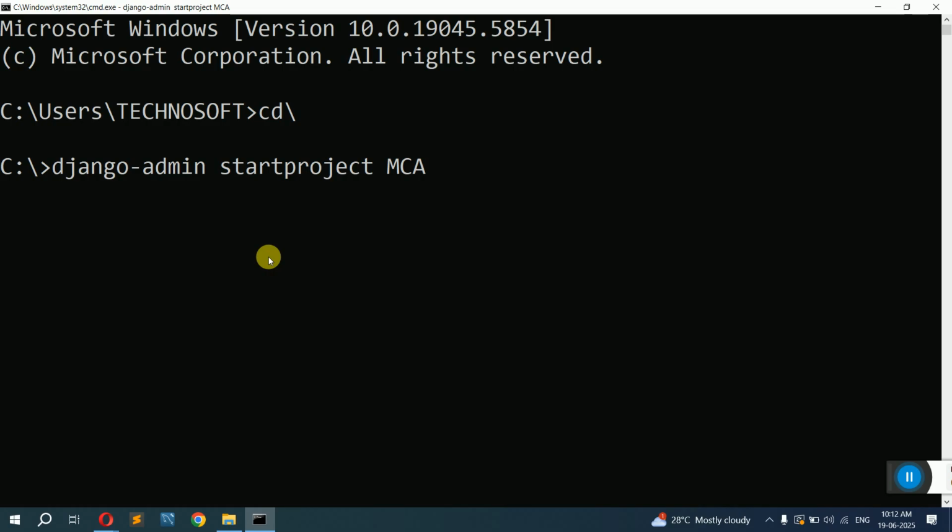Now it will create a project by the folder name, and there will be a first folder created called MCA. Inside MCA, there is one more folder MCA and a manage.py. Now it has come back to the command prompt, which means the project is created successfully. Remember, when you type this command, if it shows a message that Django is not recognized as an internal or external command,